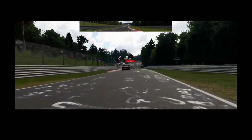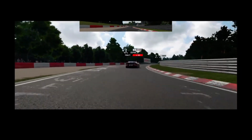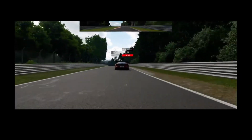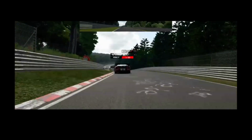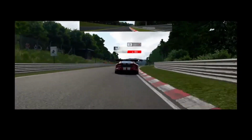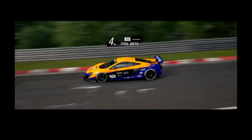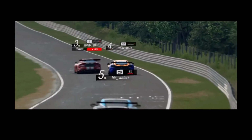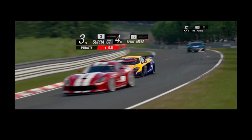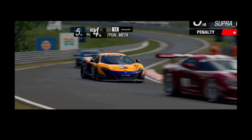This is a very, very skinny section of track, so we're catching up to him, but he is doing a lot of fuel saving, so even though we have the slipstream, we're actually going to have to start backing off, and the NSX is just going to get closer and closer behind us. So I'm actually going to think about having a move up into this quick right-hander, and we just get up into his slipstream. We duck up onto the inside, but no, I decide to back out of it. I don't want to crash him. I don't want to ruin his race, just in case he doesn't see it coming,